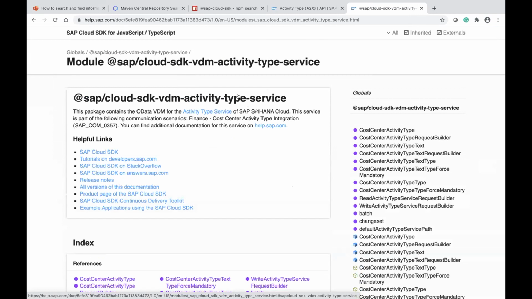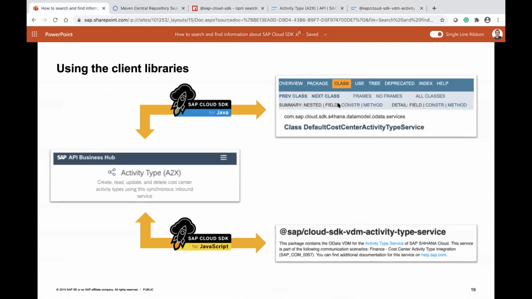Very similar is for Java. If I had clicked the Google search result for the Java site, it would take me to the Java class. And of course, we are also covering the direction backwards. So if you read code written by someone else and need to find out which SAP S4HANA service exactly is invoked when you read default cost center activity type service dot something, then you can simply have a look at the Java doc or JS doc of the given service,